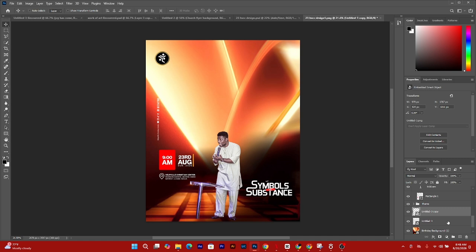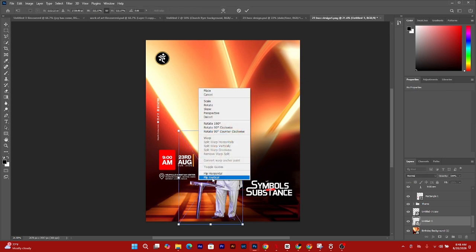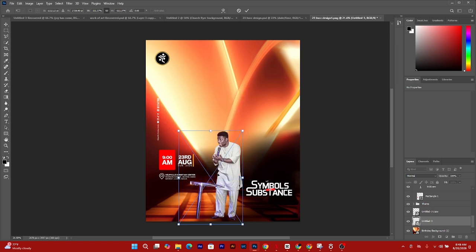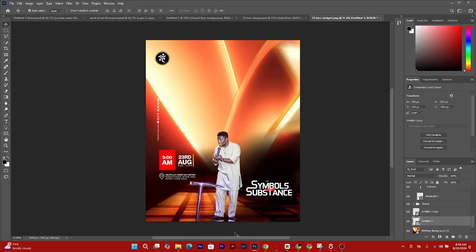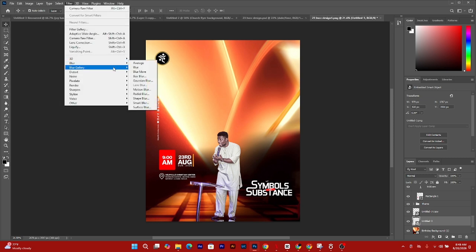So you're going to Ctrl T on the one behind, not this one. You know we have two, which is number 1 and number 2. So this one, you're going to Ctrl T on it, right click on this part. So you're going to flip horizontal, then drag it down. This is beautiful. If you're done with this part, so come to your filter, make sure you already highlighted